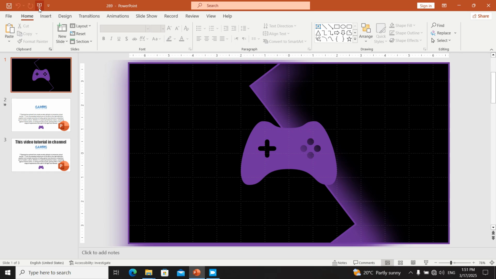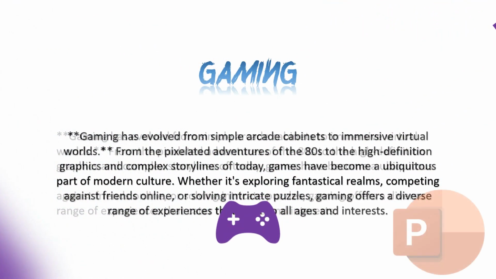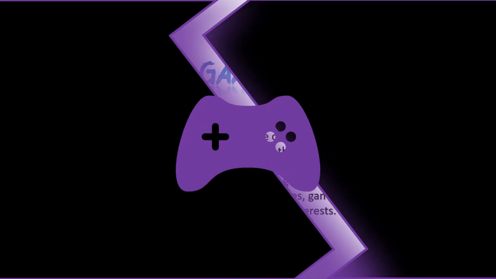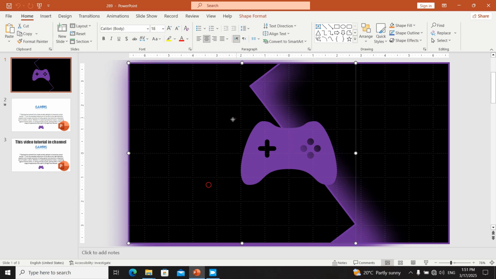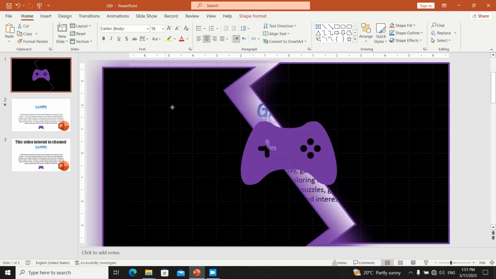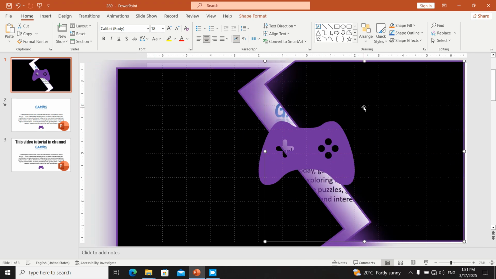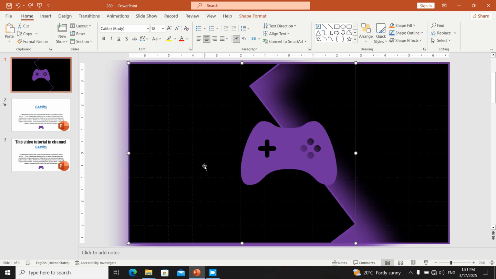Let's see how we can create this amazing template, or whatever you call it. You see it has a great effect and works amazingly, but now let's see how we create this. Some of you may ask how we can create something like this, these shapes. They are really easy to create and I'm going to show you how, but let me just